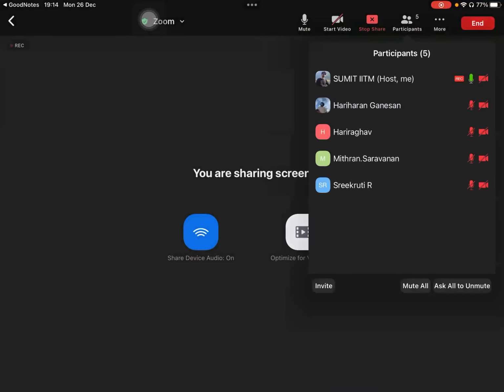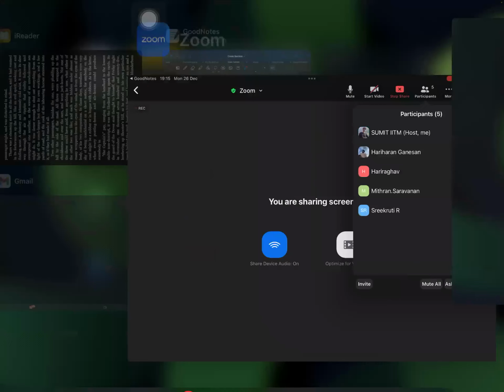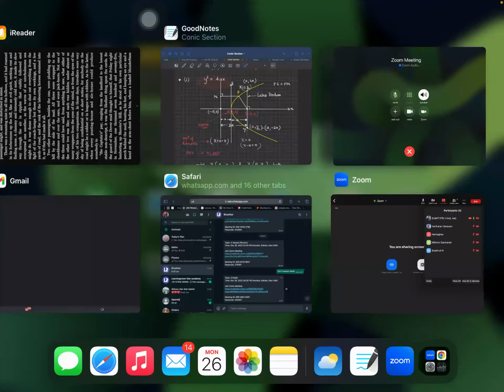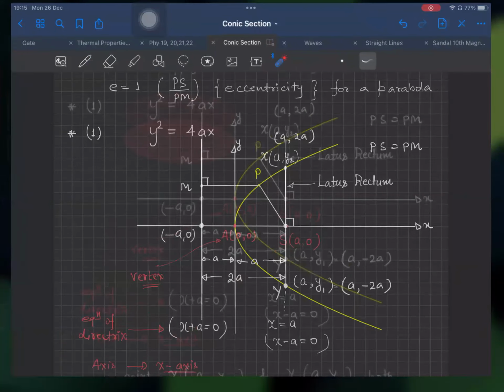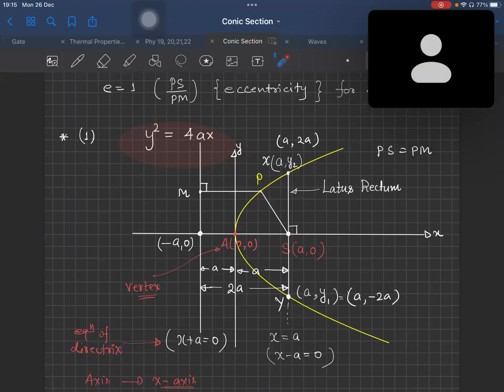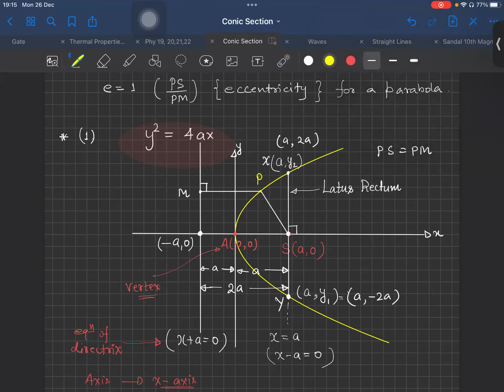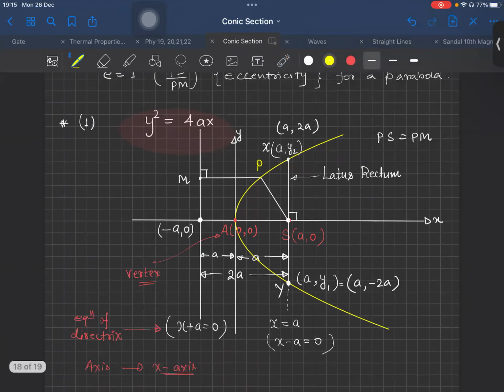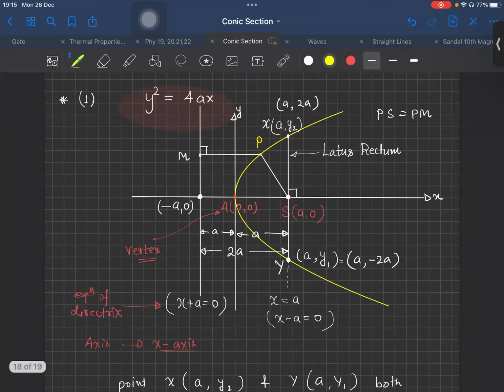Hari, is it clear? Did you understand, Hari, Raghav and Haran? Kruti, you were asking something, please ask me. Sir, can you hear me now properly? Yeah, I can hear you. Sir, I wanted to copy that. Okay, you just copy it and let me know if you are not able to understand any point,